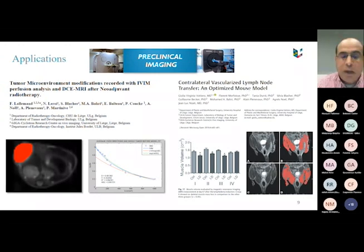Thanks to diffusion-weighted MRI imaging, a correlation between the perfusion and the increased vascularization in the tumor was found. Then, in order to successfully extract the tumor without metastasis burden, the surgery must be performed outside of the peak of the perfusion. The image that you see represents the diffusion-weighted MRI image, as well as the computation done in MATLAB